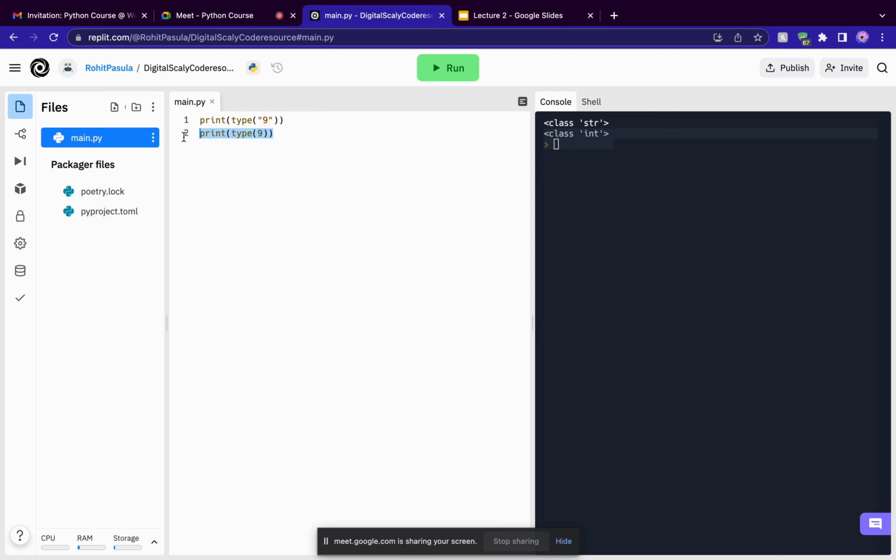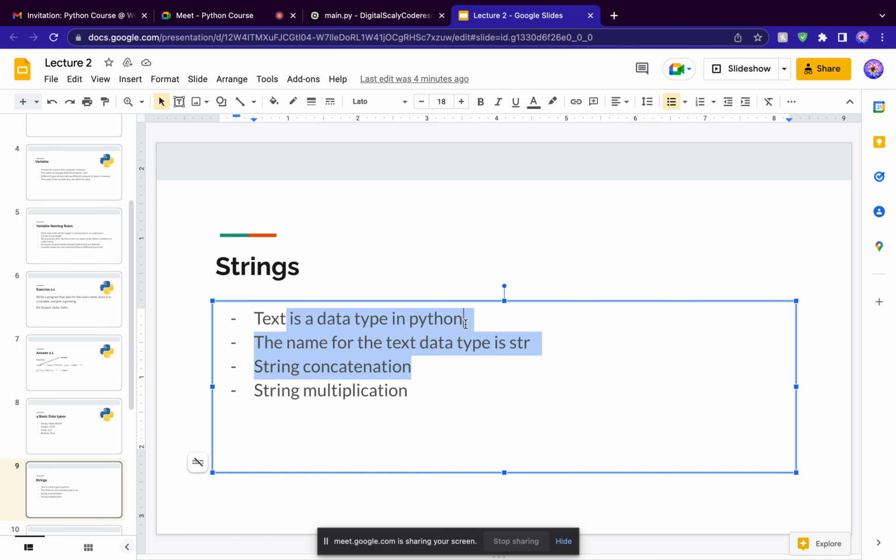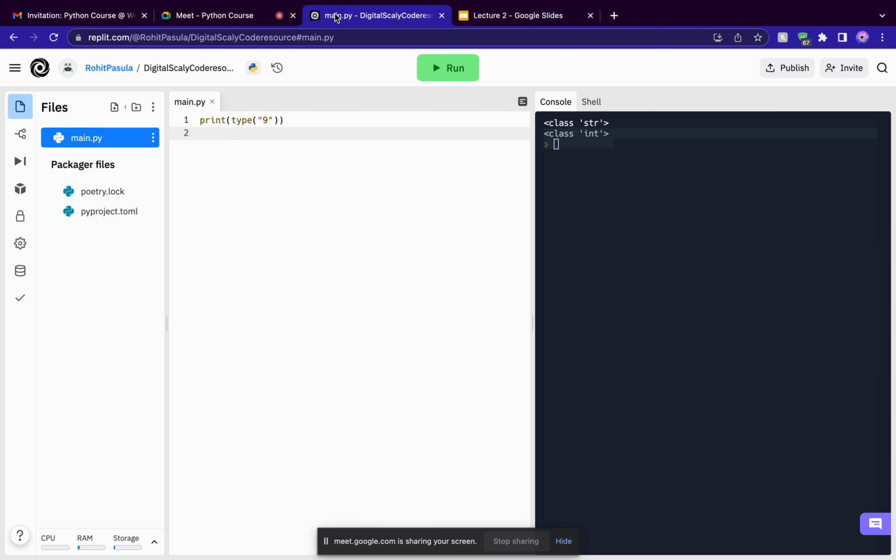And yeah, so let's go back to strings. So we went over these two. We're going to go into string concatenation, which Yetun taught about last class a little bit, but I'll teach you a little bit more, and then string multiplication. So string concatenation, it's really simple. So let's say we want to add the words